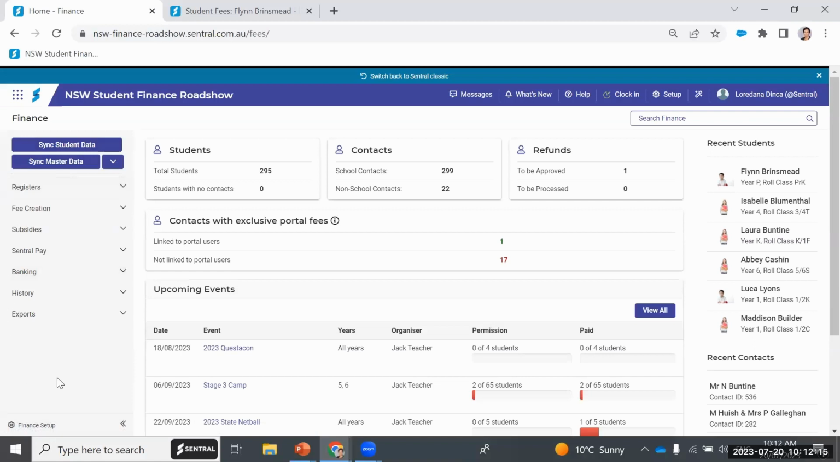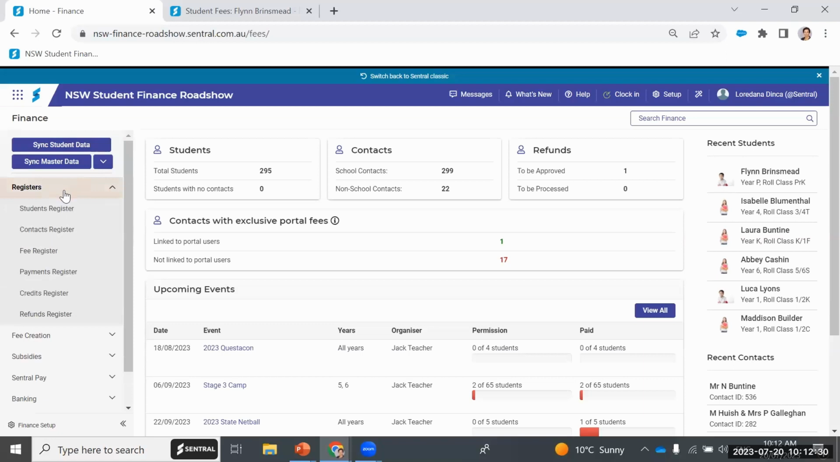On the left-hand side here, we have a couple of menus. And while obviously we are going a little bit slower in each and every education session, perhaps the most important one is this register menu. So if you don't mind, I'll just give you a quick overview. The register will obviously have all the students as well as the contacts in the respective registers. Perhaps the most important one would be the fee register that allows you an